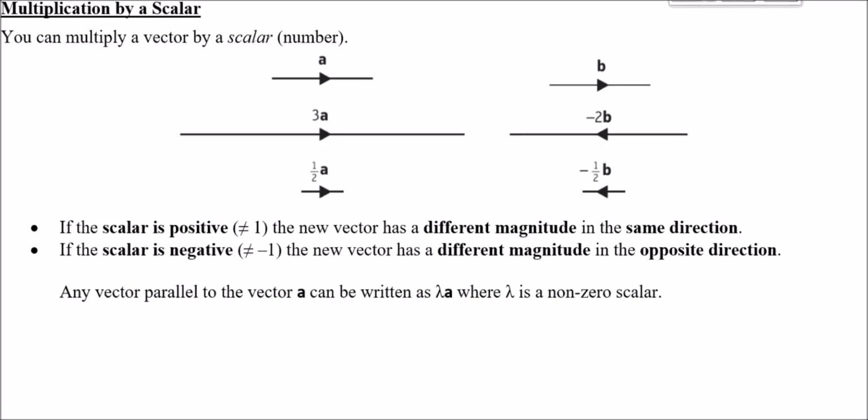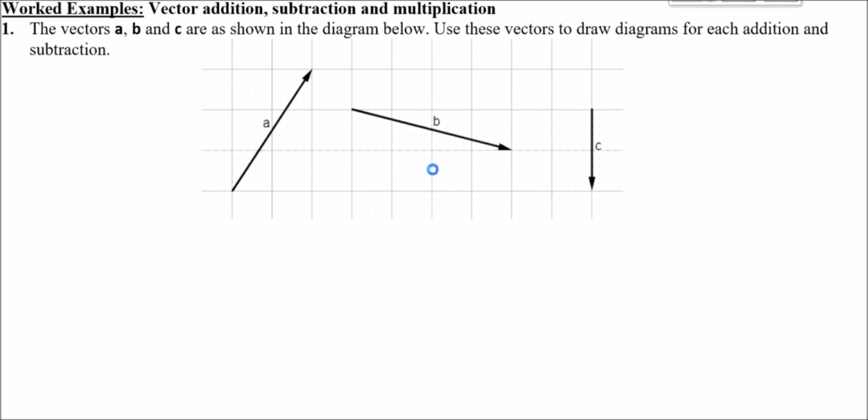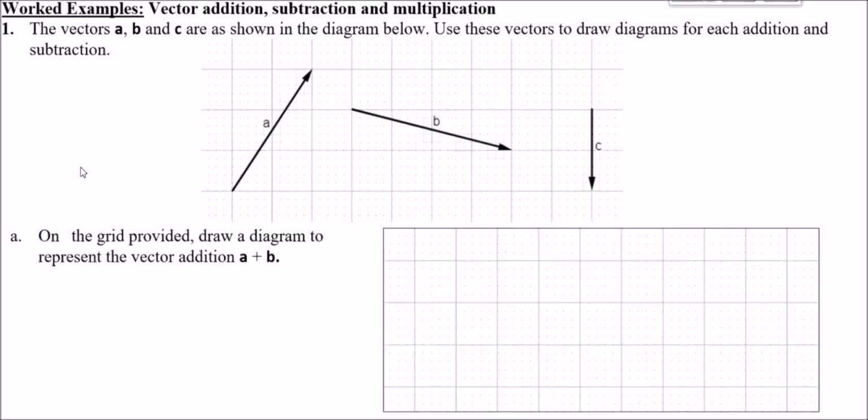Now let's consider some worked examples. So vector addition, subtraction and multiplication. So let's have a look at worked example 1. So here for question 1, we've got vectors A, B and C illustrated below. And we're going to use these vectors to draw diagrams for each addition and subtraction question for parts A, B and C. So for part A, on the grid you've got, draw a diagram to represent the vector addition A